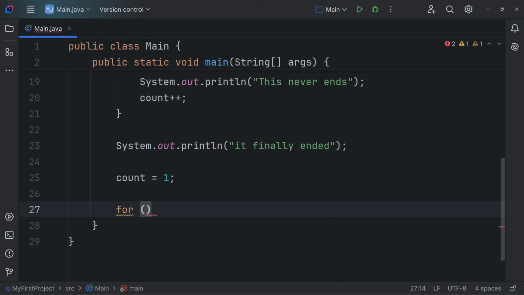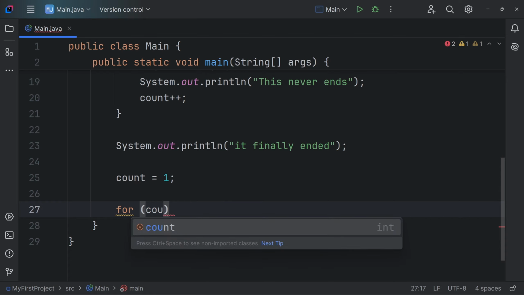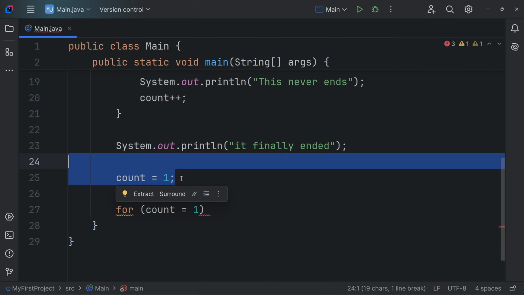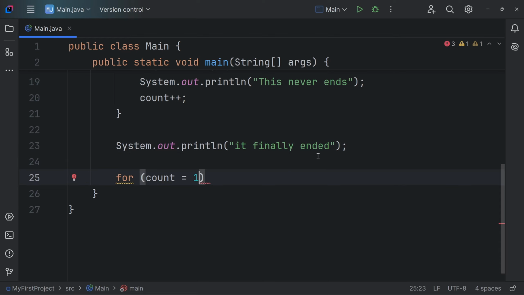The keyword for marks the beginning of our loop. Inside the parentheses, we're going to have a few things right away. The first thing is creating our counter, which will either go up or down. Or in our case, it already exists, so we're just setting a value for it. Although actually it's not really necessary here. I'll remove it. Next, separated by a semicolon, still within the parentheses, another semicolon, you write the condition for the